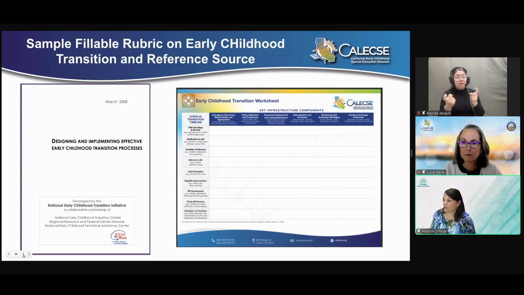So another tool that we have shared with you is adapted, I believe, from ECTA, which is the National Early Childhood Technical Assistance Center. And they really have some great tools on how to design those effective early childhood transitions. That's where many of us struggle on that Indicator 12, which will be another training we're doing shortly. And really looking at who's involved with this process, what are the key steps in this process